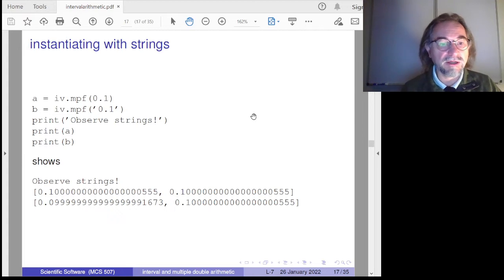More about instantiation. This is a technical issue. If you turn a number into a multi-precision interval and you give the number itself, it's going to assume that you want to compute with that number. But if you give a string, you actually already have an error of the string conversion. So here you see that you now work with an interval where the 0.1